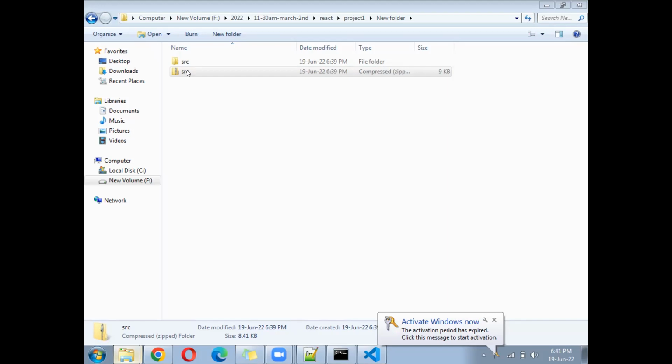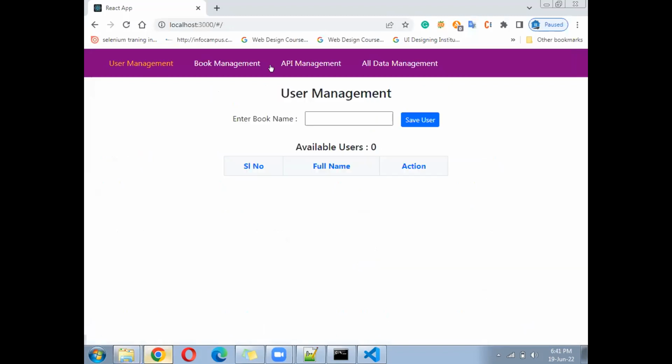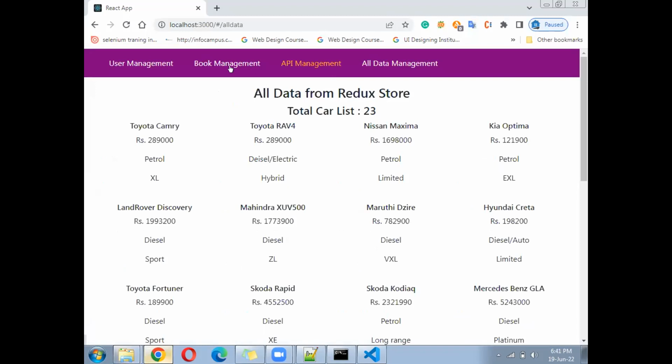Then I will send a URL of Redux related questions and answers. You can follow that. Redux was still here only. Your data is stored in one component and fetched in another component. Store in one place and access wherever you want. That is the feature of Redux. The next class is on